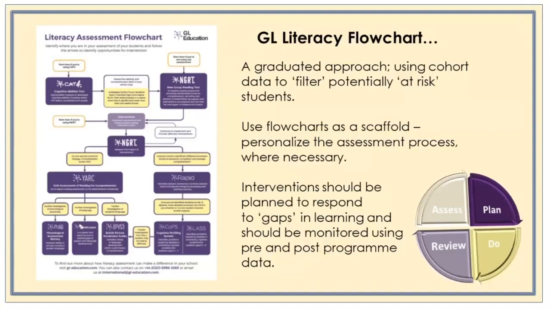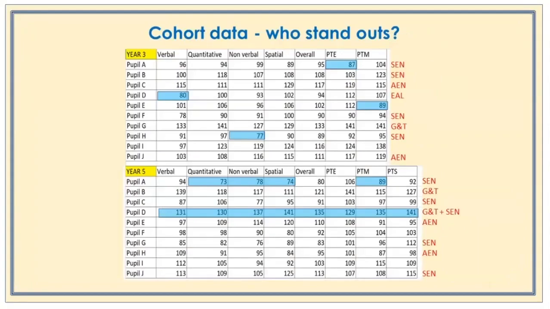Here we can see some cohort data. This is genuine cohort data from Jess with some students that stand out perhaps. This is a year 3 and year 5 data set where you can see the CATs and their progress tests in English and maths represented. So from this sample data, who would we move beyond this with, and who stands out and why? So there might be different people within your settings that would stand out if the data was represented